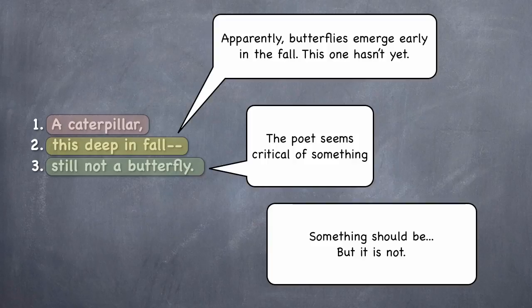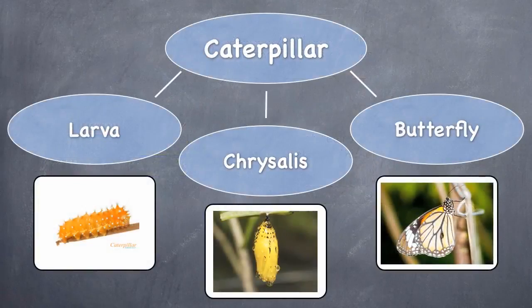This is the way I would be brainstorming and thinking about it because I want to write an essay on it. Now, the most useful part for me has been the part about the caterpillar. Why? Because I noticed something. I noticed that the poet pretty much skipped the middle stage of the larva turning into the butterfly, which is the chrysalis.